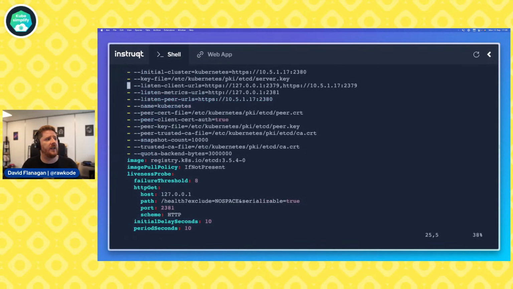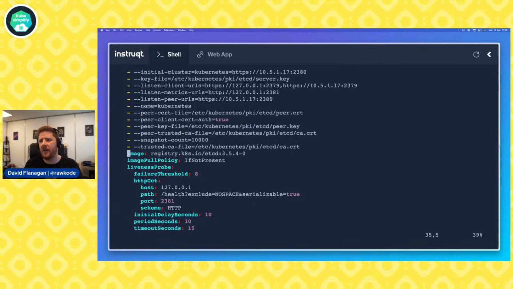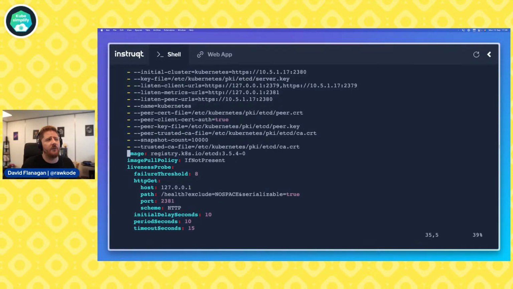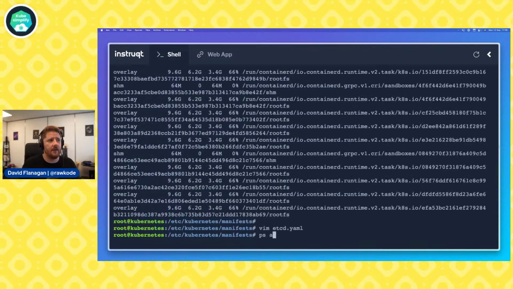And if you scroll down this file, you'll notice that the last parameter when we configure this etcd cluster is to add a backend quota. What we're saying here is that we never allow this etcd instance to write more than, I think, 8 meg, something like that, or 25 meg. So we can just remove that limit. We can remove the quota, we can make it bigger, whatever you want. I'm going to remove it for right now because I can't remember the correct size that we need to set that to, and save this.